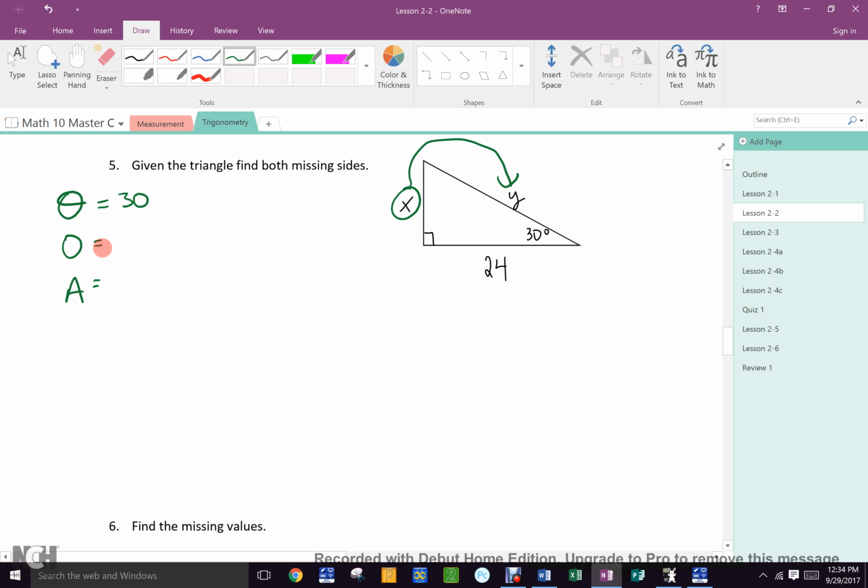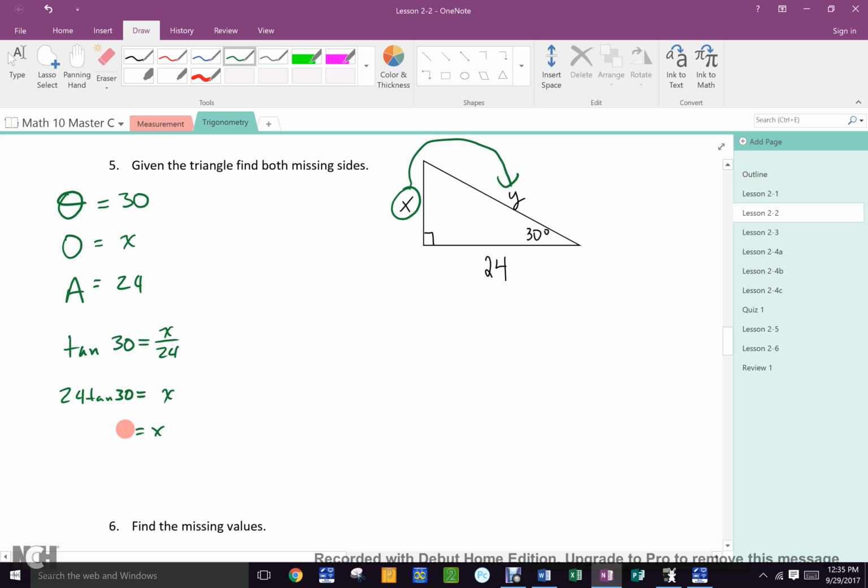What's my O? X. What's my A? 24. What trig am I doing? Tan. Tan what? Tan 30 equals x over 24. Numbers on the bottom. Multiply or divide? Multiply. 24 tan 30 equals